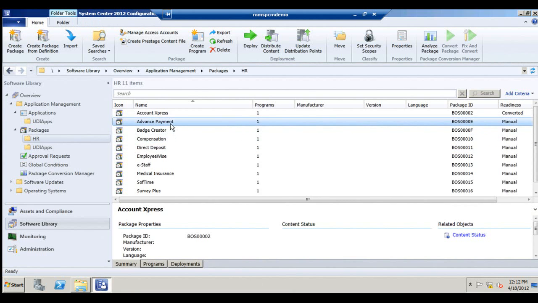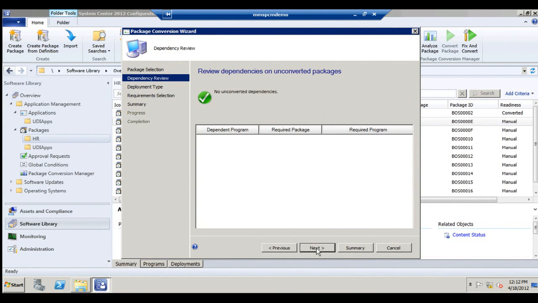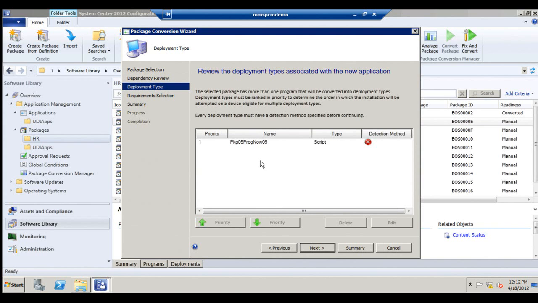Many of you saw an example here. This is a wrapper. I'm going to show the example of how I went through and did fix and convert. This is how you can do either automatic, as I showed earlier, or manual as well. So you go through here, and you see that there are no unconverted dependencies in this case. But you're going to see that there's a problem, and the reason is that, as you saw, software install.exe,